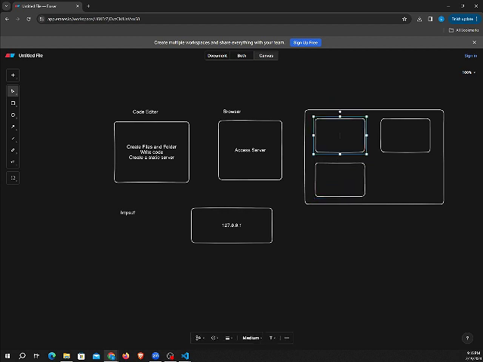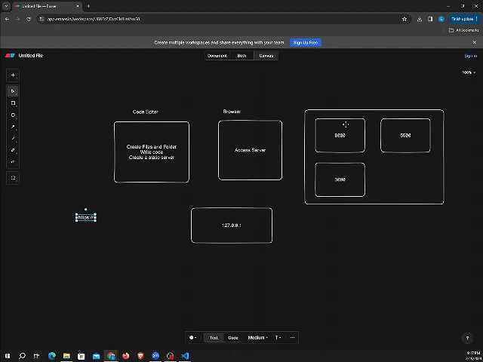And this port might be 8080. This port might be 5500. This port might be 3000. I don't know if you understand. So for me to access this application that I'm building here, what I will do is this. I'm going to type, if I want to access this application